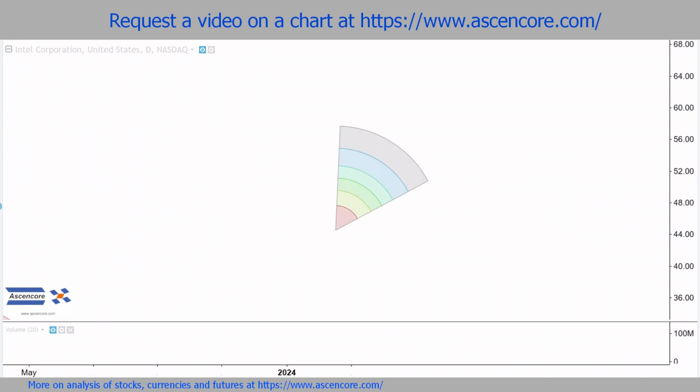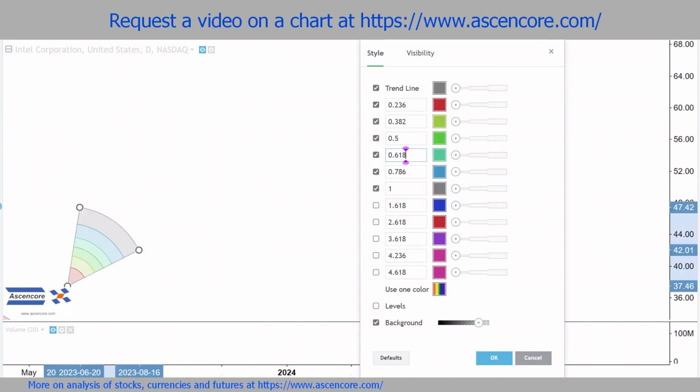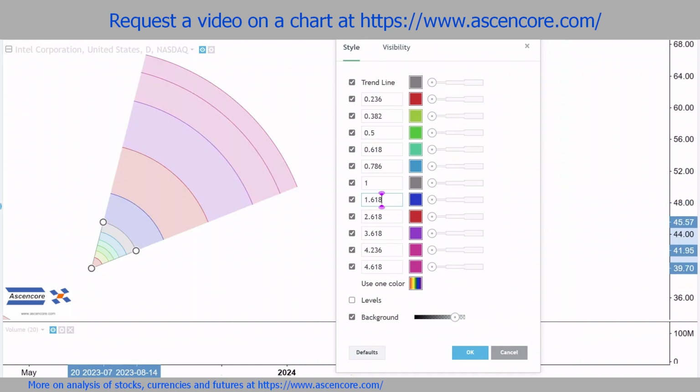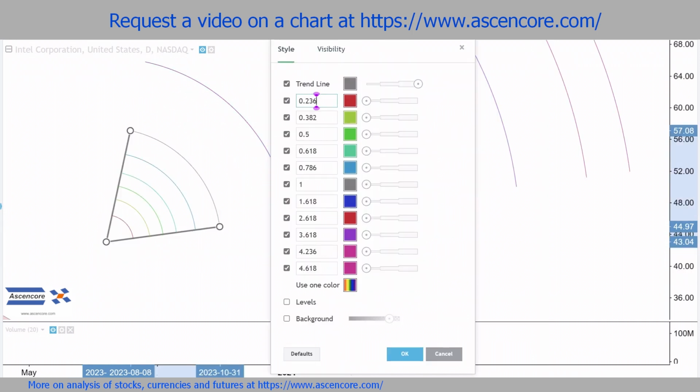Usually those familiar Fibonacci numbers from 0 to 1 form curved levels within the wedge. Extension levels are optional and usually won't be used. In fact, we won't really focus on the levels, even the ones from 0 to 1, because almost everything that can be done with the levels within a Fibonacci wedge can also be done with Fibonacci circles, arcs, and even spirals in some cases. What we'll mainly be focusing on is the structure of the wedge with its two trend